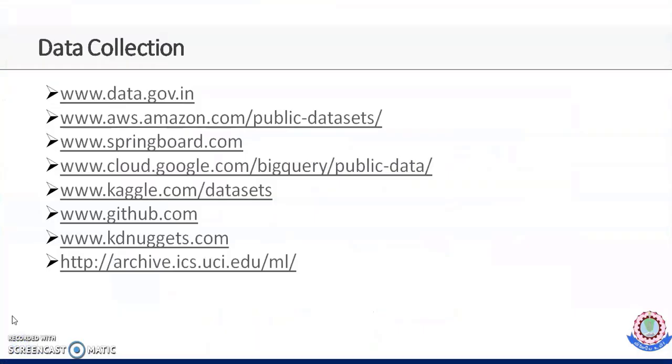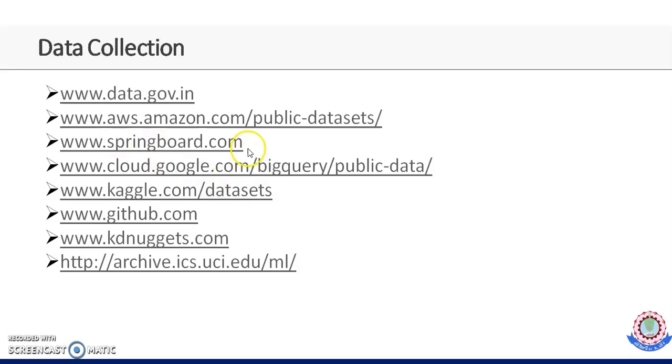So here are the different websites in which you can collect plenty of real world data, which is freely available for doing different types of data analysis and specifically for visualization. You can go through these websites and collect the data sets accordingly, and you can perform your own evaluation based upon the Python functions that you use.